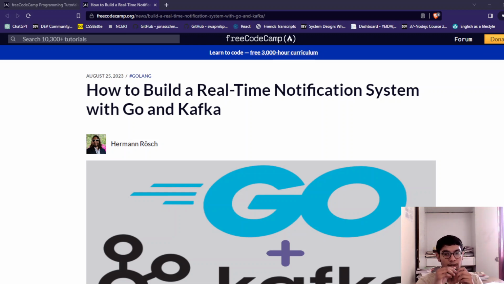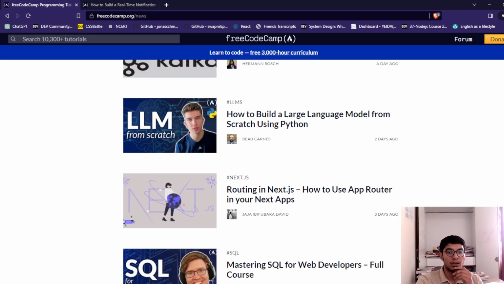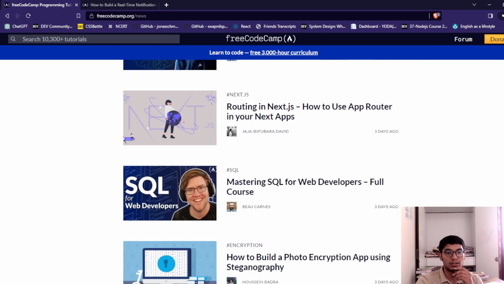Okay, now we are going to read some articles from freeCodeCamp about how technology works. There are some articles given, like how to build a real-time notification system with Go and Kafka, how to build a large language model from scratch using Python, routing in Next.js, how to use App Router in Next.js,